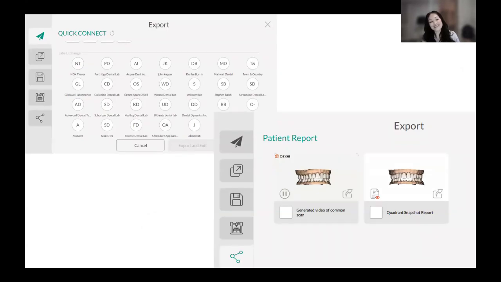No, almost done. So when we start to send the case to the lab, there's options, right? There's options how we can send stuff. We could always pick our lab and send it right to the lab. But there's so many other things we can do. We can generate a video of this scan for our patient. We can also generate the quadrant snapshot report of their mouth, and we can send that to